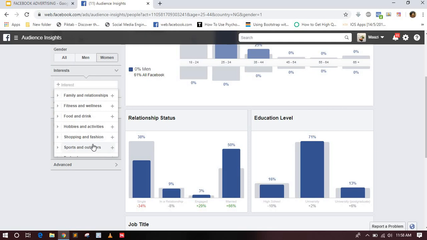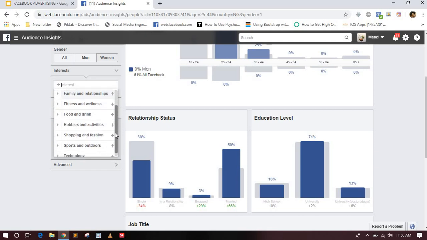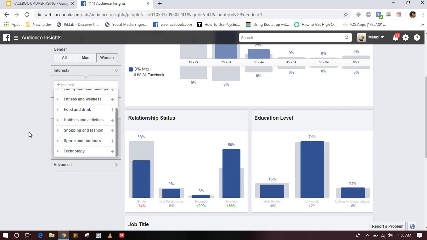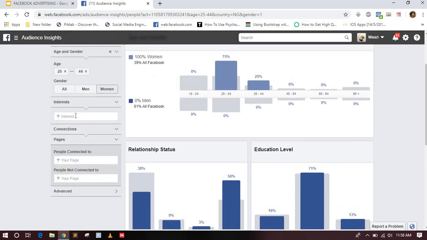So everybody has their own interests. They all have things they love doing, things they love engaging themselves on. So it's left for you to start thinking what actually this age range can be interested in, and their interest may influence the things I'm selling. So start talking about, okay, let's consider people that may be interested in celebrities, someone like Wizkid, or actors or actresses, some people like Wizkid, Davido, 2Face,